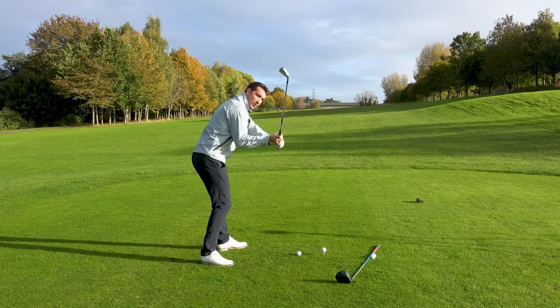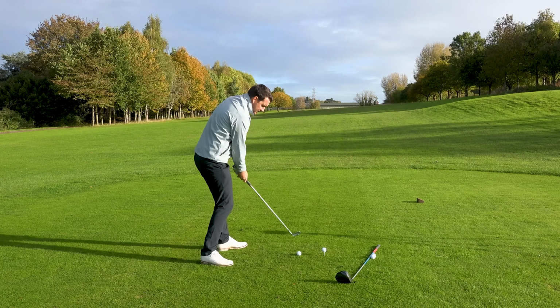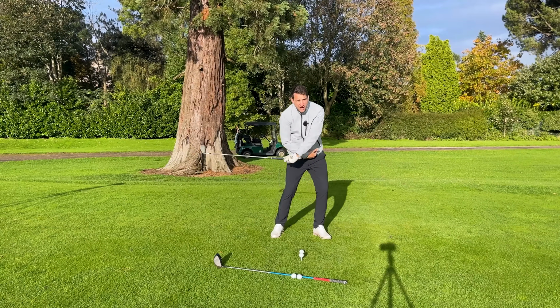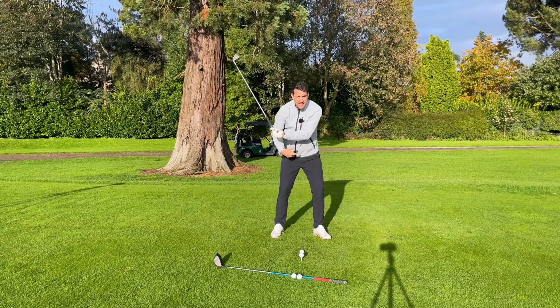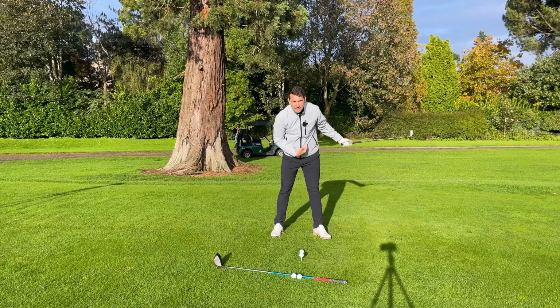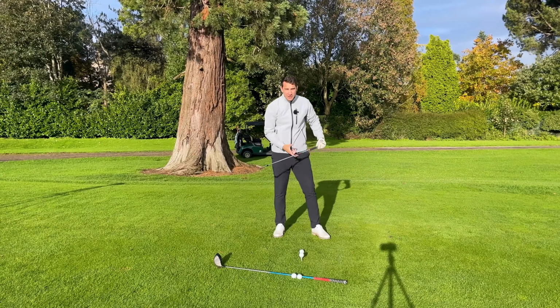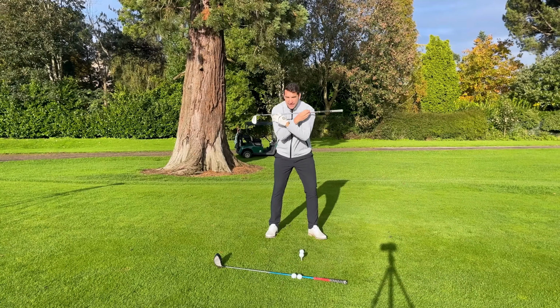Okay, now often what happens from here is the club works towards the left of target for a right-handed golfer. The lower body can't drive, it can't transition the weight properly, it can't rotate, it kind of has to extend up to get out of the way. All right? So if the transition starts correctly from the upper body, and this is why this drill's amazing, so